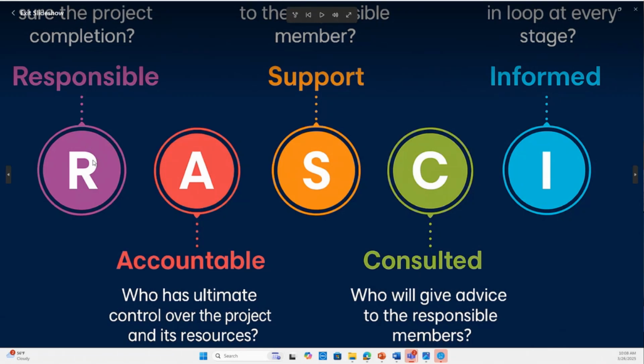The acronym is R for responsible, who is responsible for the completion of a task or project. A for accountable, who is ultimately responsible for the success. Then who is supporting the completion of the task, and who needs to be consulted and who needs to be